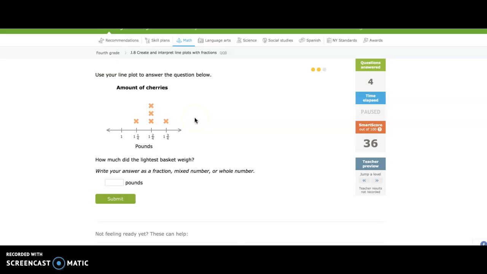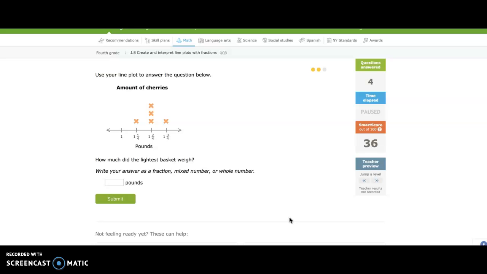The question says, use your line plot to answer the questions below. Amount of cherries. So when I'm looking at this line plot, I see that one cherry weighs 1 1/4 pounds. I see 1, 2, 3 cherries weigh 1 2/4 pounds. And I see,